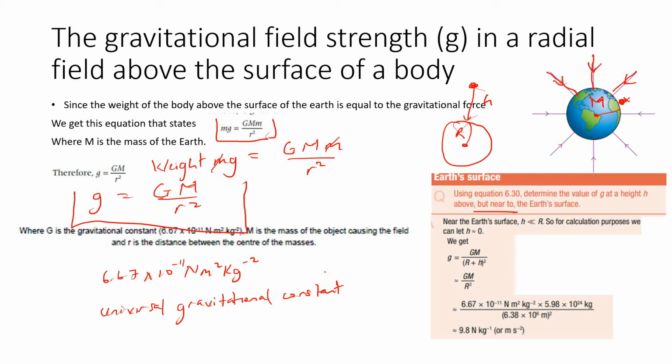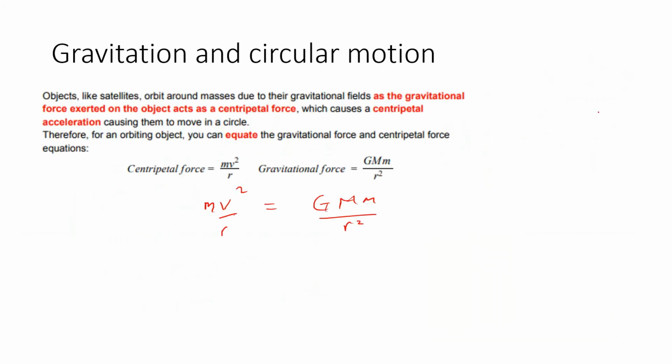Where r squared, we know r squared is just the distance of separation from the center to where the mass is now located, to where the next object is located. Now there's something that we must talk about here. We want to bring across a connection between gravitational motion and circular motion. Now, when objects such as satellites orbit around masses due to their gravitational field,